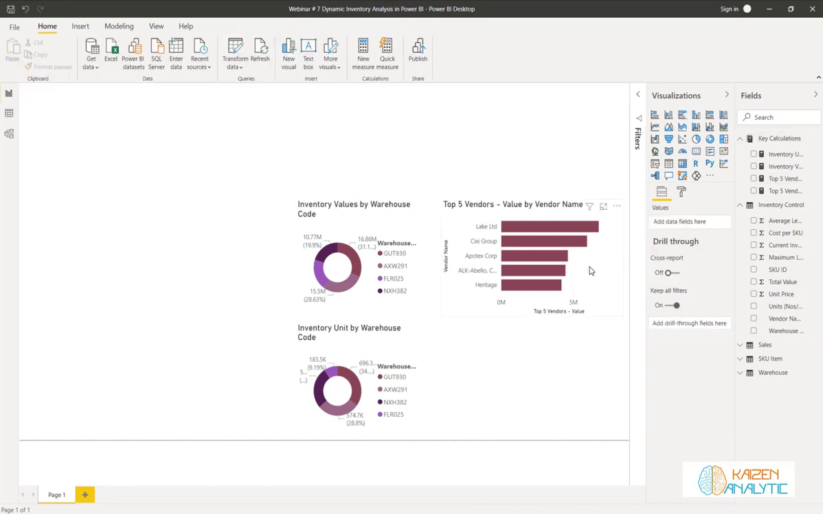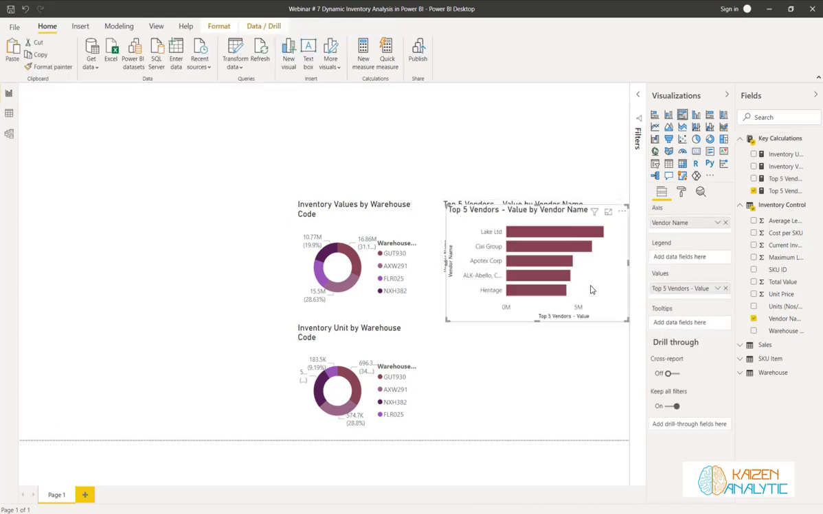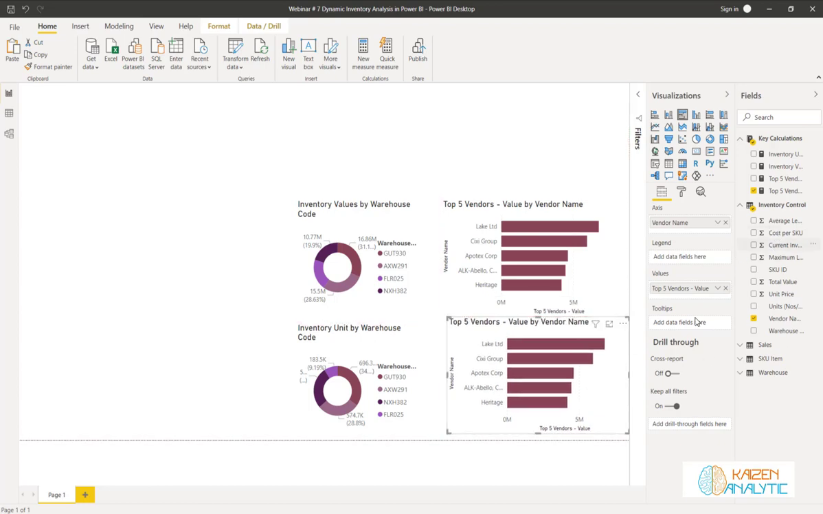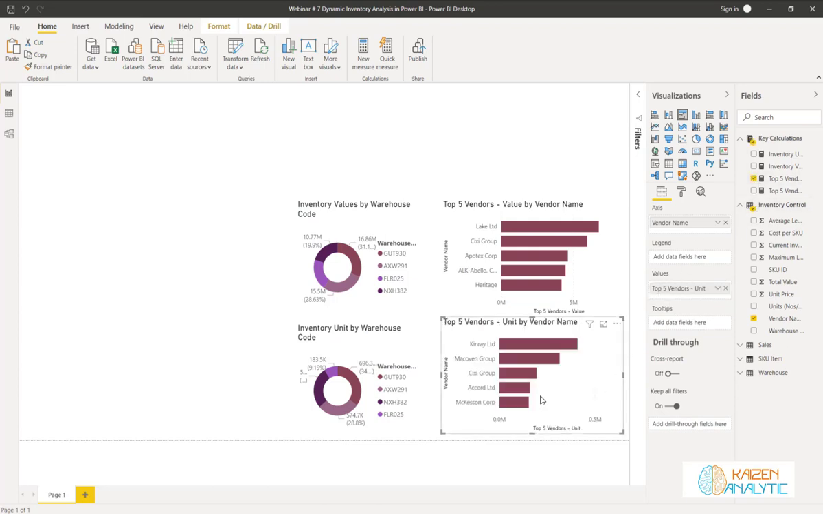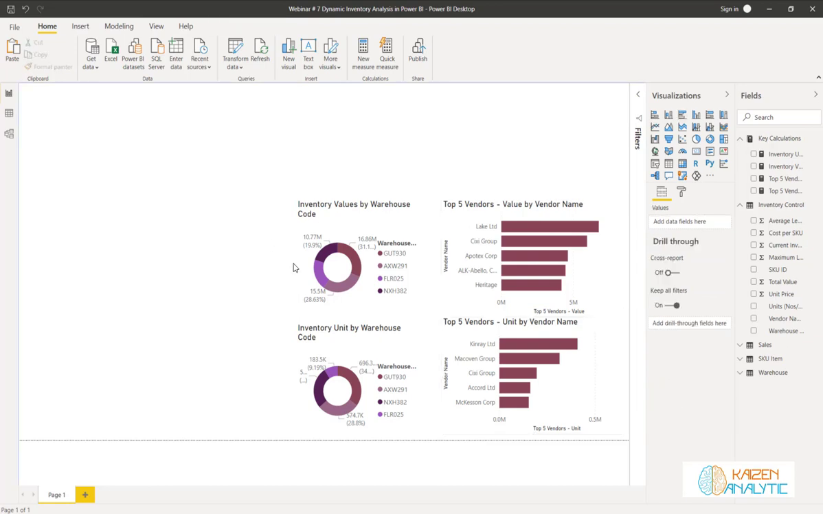So let's delete this one. Let's Control C, Control V, and over here, and we will be adding the units. These are the units, and these are the values. So this part of visualization is kind of complete, and we can move to the next part, the calculation of